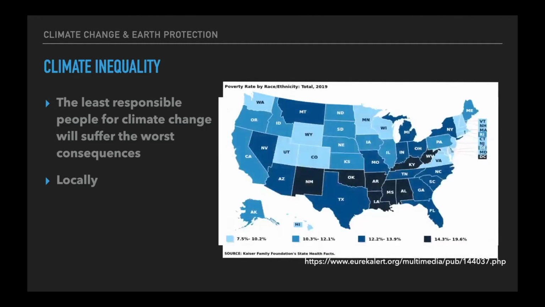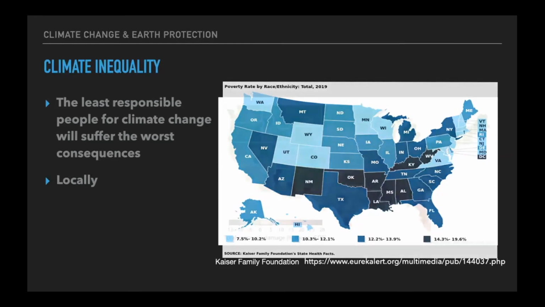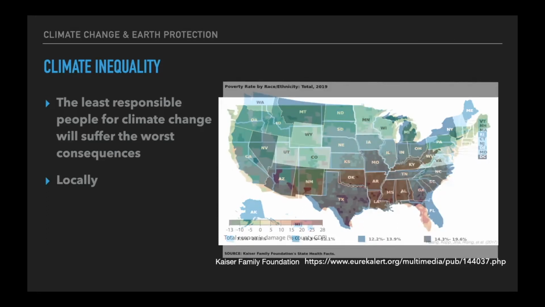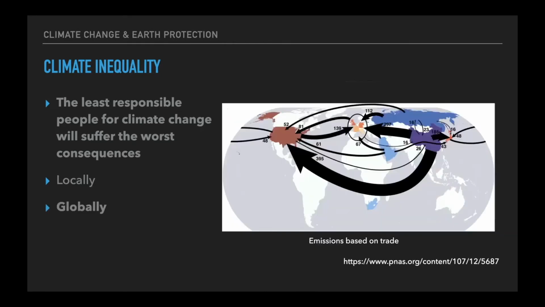And so here's a map of the poverty distribution in the US, where darker colors indicate a larger portion of the population that is below the poverty line, which I believe is $23,000 a year as an income. And if you fade these out and hold them over each other as best you can, you can see that there's this really tight correlation between the places that are going to be economically impacted and the places that are already economically struggling. Right? So the more we cause this climate change, the more we're going to put these people into a harsher and harsher situation. And then finally, if we look at this globally, we're looking here at emissions based on trade.